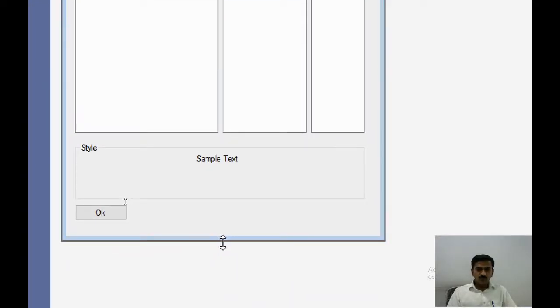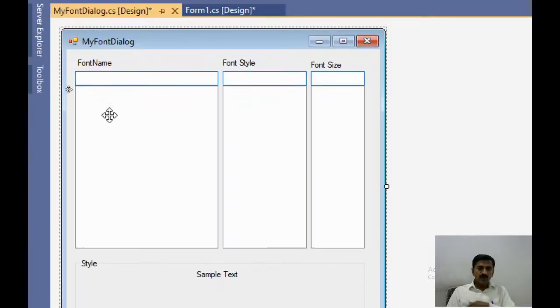Once the form is loaded, we want to add all the installed font in this first combo box. This is combo box 1, this is combo box 2 and this is 3. In combo box 2 I want to add the styles like regular, bold italic and italic. So for that I can directly add those fixed style from the atoms property of this combo box. So I am selecting this